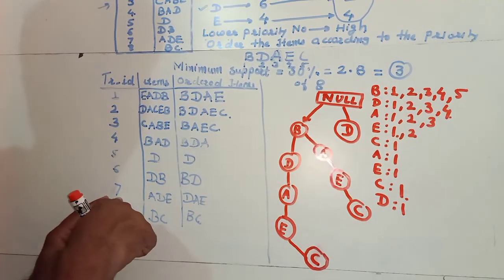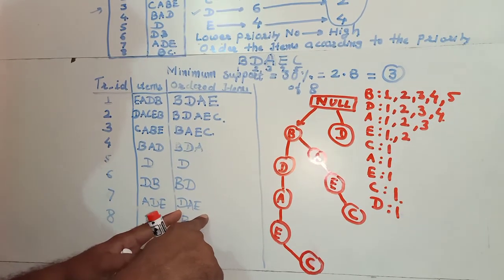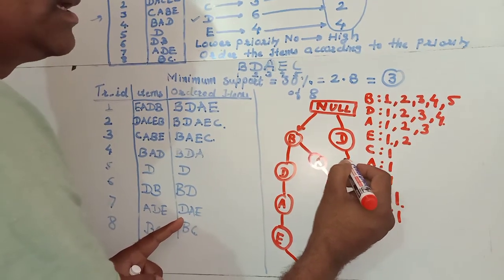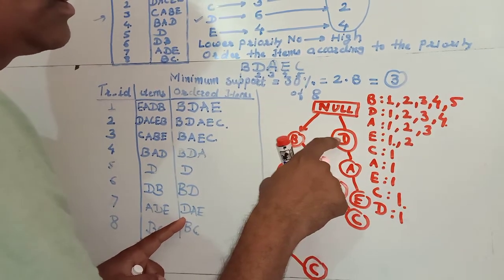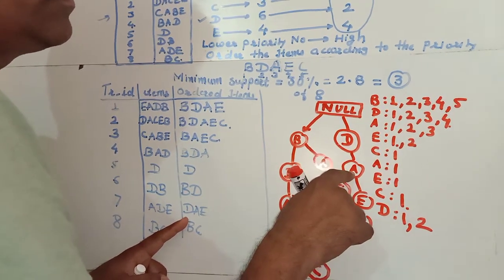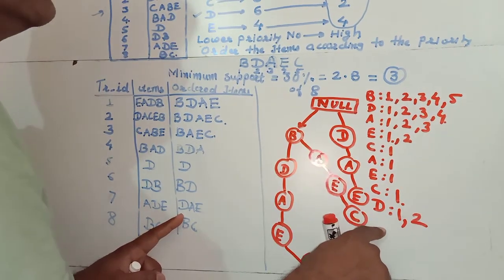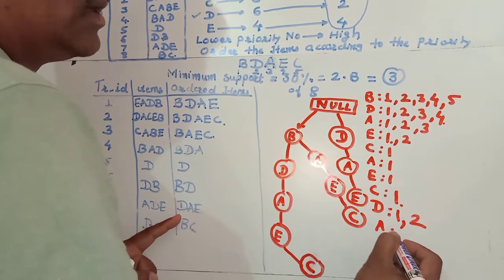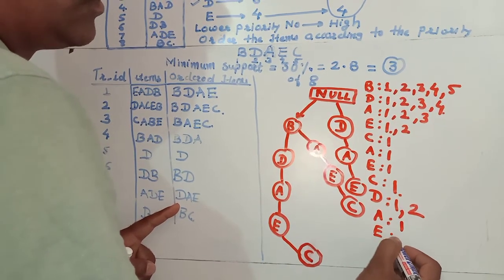Right? Check it out for the 7th transaction ID with the ordered items D, A and E. So we have already D in the sequence. So D, A and E. And write down the occurrence of D now. So occurrence of D is 2. Occurrence of A, where is A? So occurrence of A in the new list. So once again we need to write down A, whose occurrence is 1, and E, whose occurrence is 1.